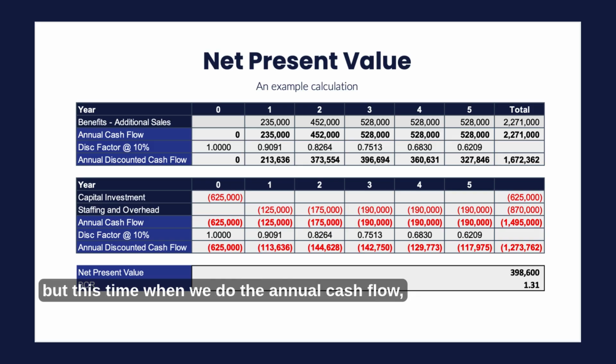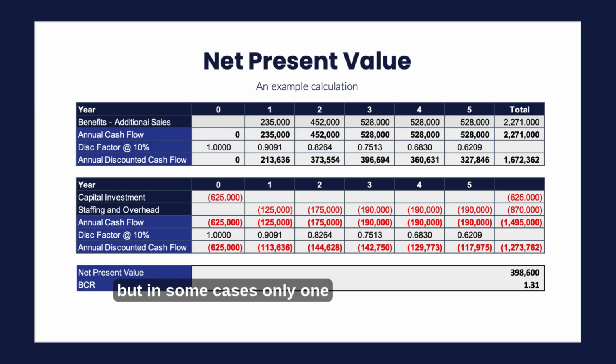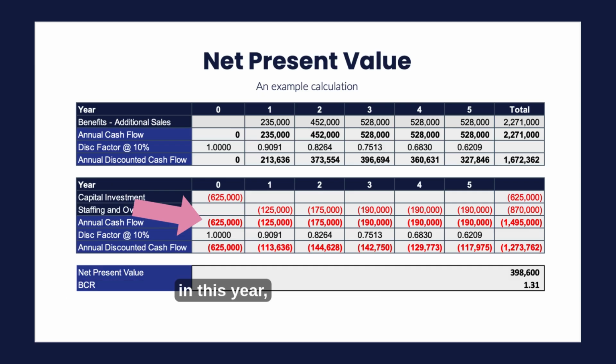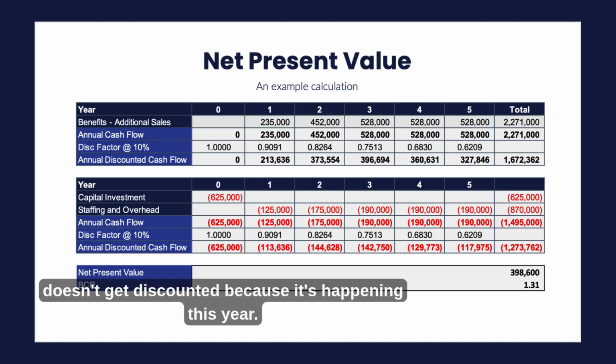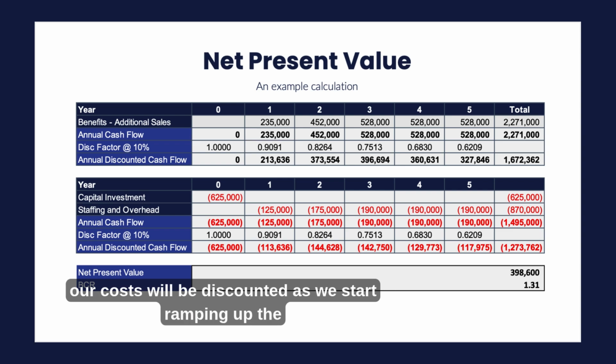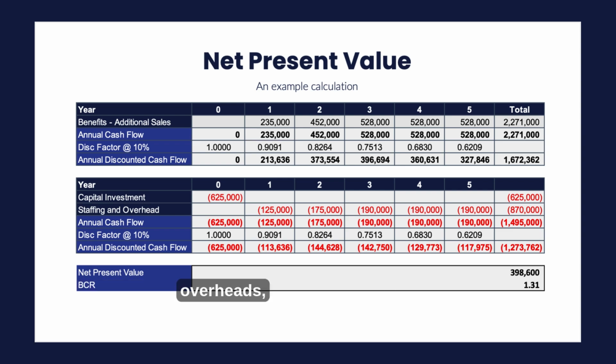Now, if we come down then to the costs, we do exactly the same thing, but this time when we do the annual cash flow, we add that up. It's got 2 lines, so it's the sum of both lines, but in some cases there's only one number above them. We would then apply the same discount rate, but note the capital that we're incurring in this year doesn't get discounted because it's happening this year. Then in the future years, our costs will be discounted as we start ramping up the overheads. Then they will get discounted. So in year 1, 0.9091 again, and the same thing. So 125,000 times the 0.9091 is